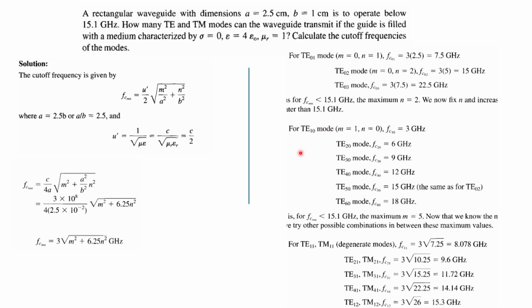Okay, now next. We have already put the values of n. Now let's put the values of m. So m equal to 1, n equal to 0. Putting in the values, you will get f cutoff is 3. Is this less than 15.1? Yes, so this will propagate. Similarly, put higher values of m, that is 2. Then you will get 9. Is this lesser than